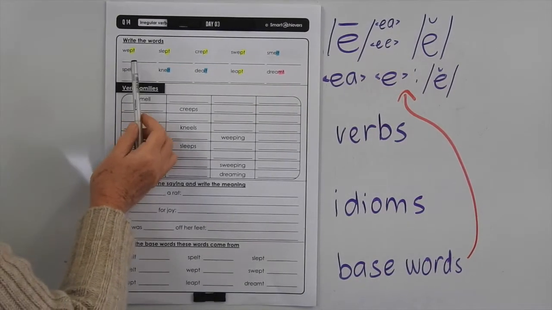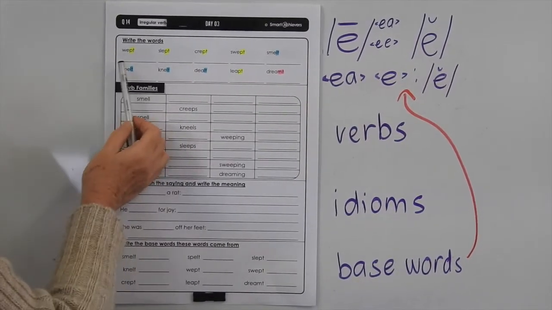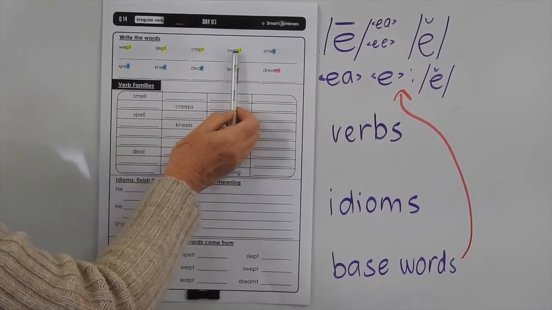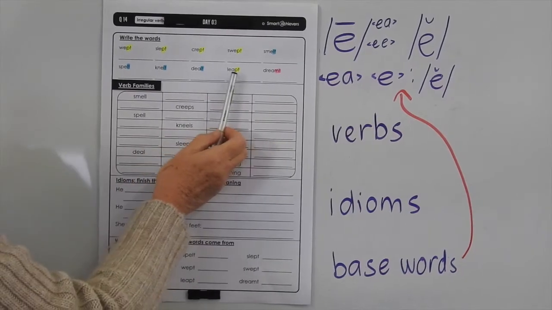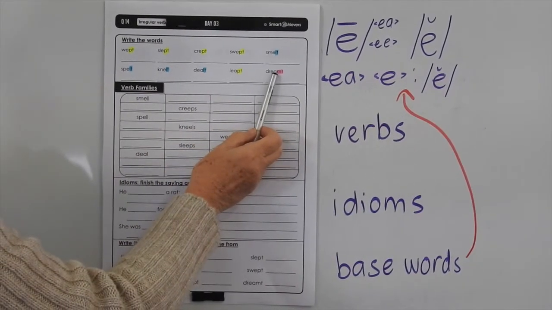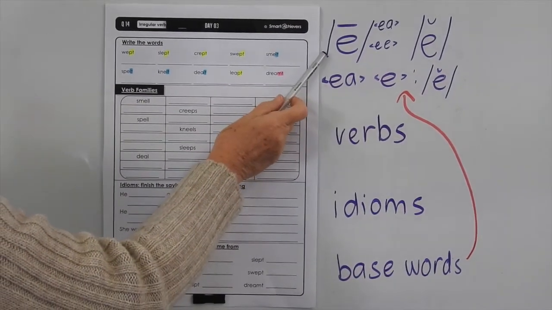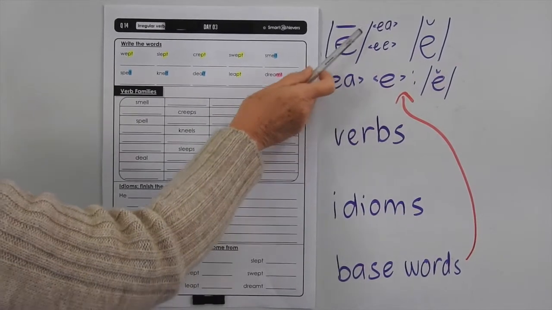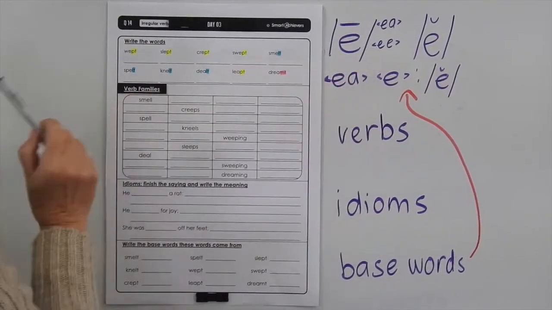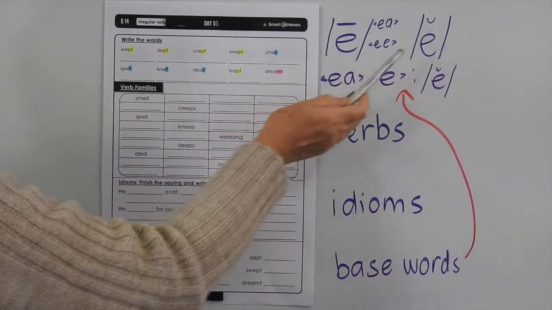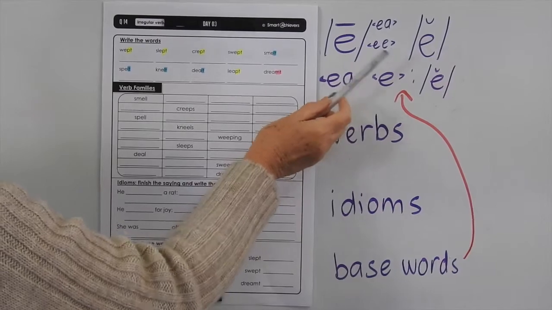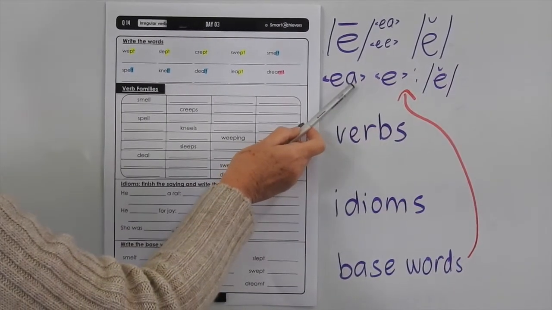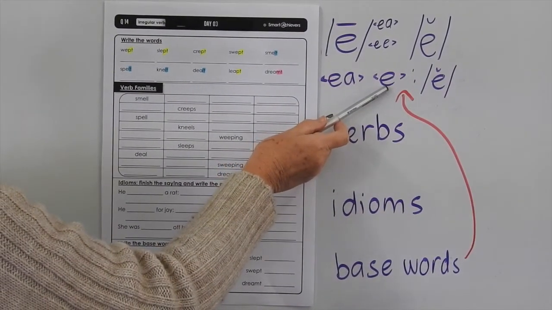These are all irregular verbs written in past tense. We've got wept, slept, crept, swept, smelt, spelt, knelt, dealt, leapt, and dreamt. So in these words we've had a long E sound represented by EA or double E in the base word changed to a short et sound. And the short et sound is represented by either EA or the letter E.